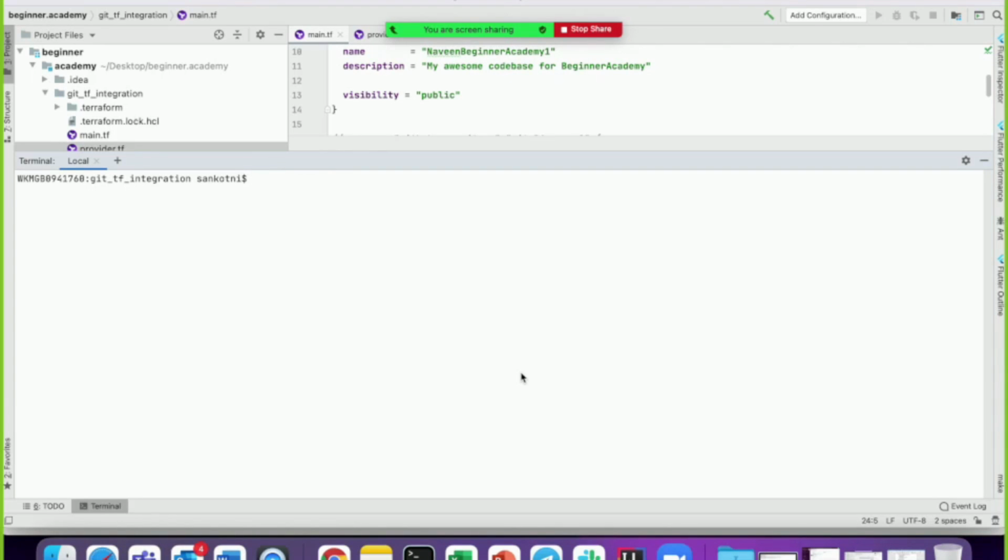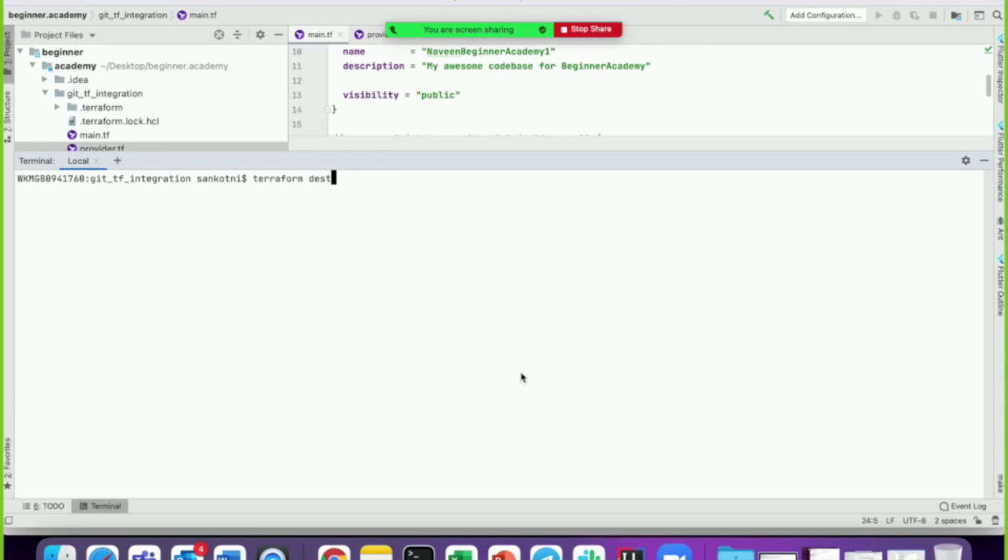So any resources you created, ideally after use you can destroy it, so that you would be paying fees only for the duration which you have used it. Okay, so that is the reason, after your work is done, obviously you want to destroy it, so that you should not be paying for it, right?